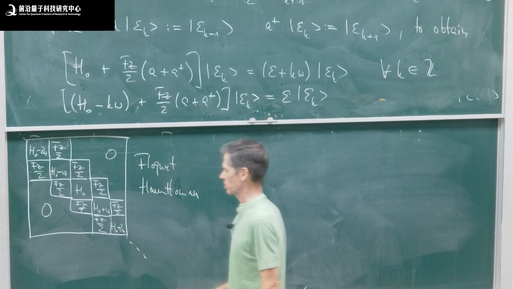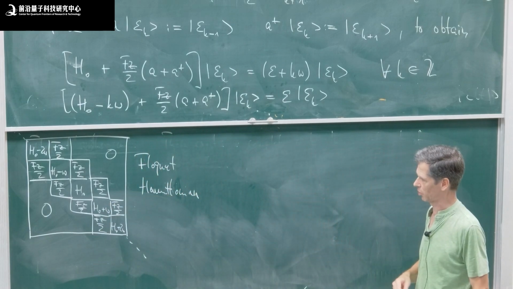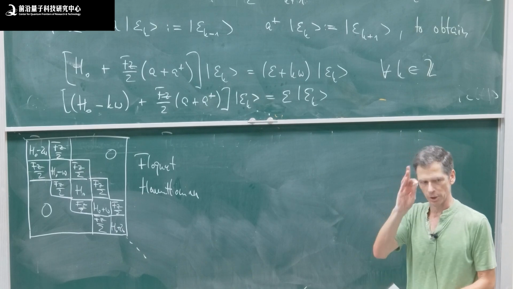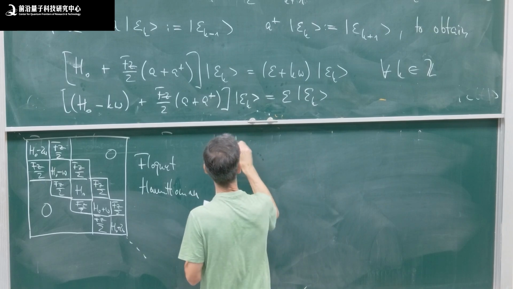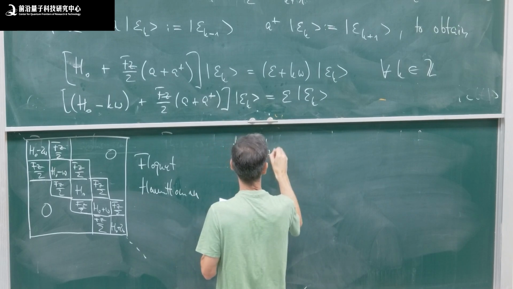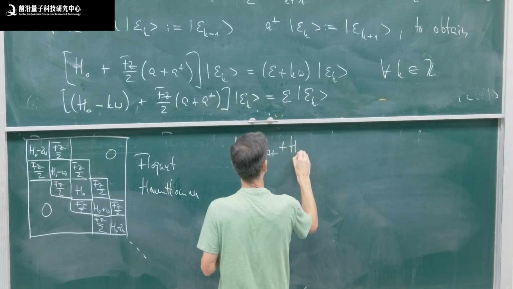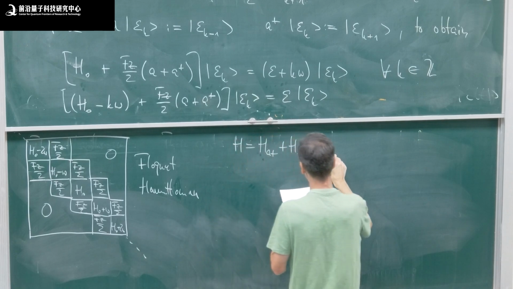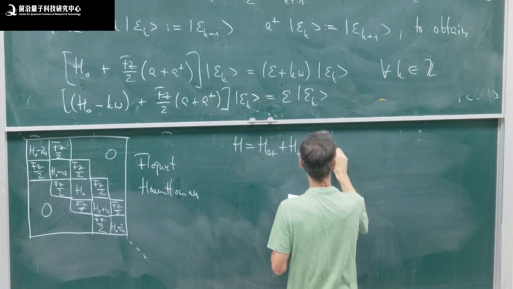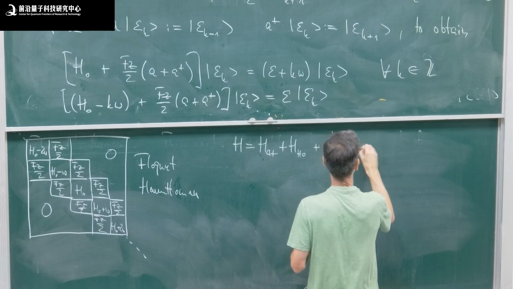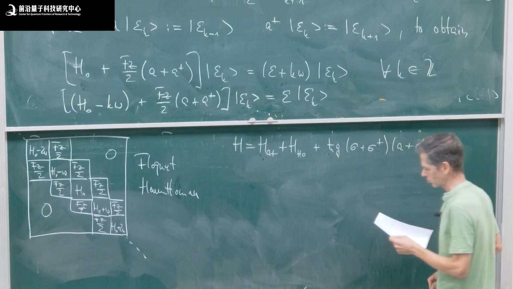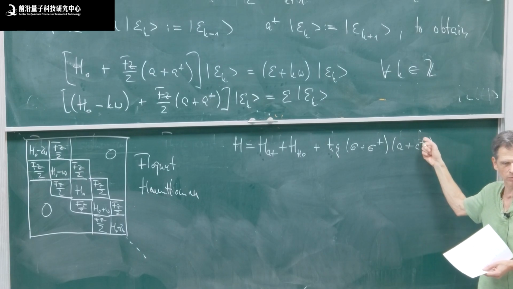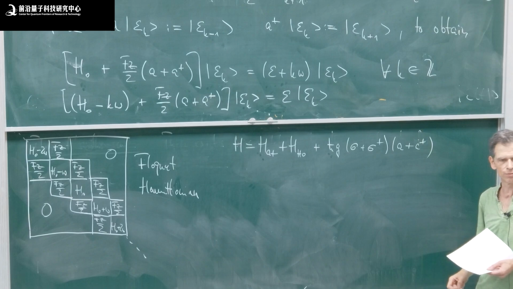In matrix representation for this harmonic driving. And now homework, okay? Homework. Now do the same. Remember our Hamiltonian, which is H atom plus H harmonic oscillator plus h bar g (sigma plus sigma dagger) times (a plus a dagger). You remember, this was what we did last time before we reduced this, under resonant driving,